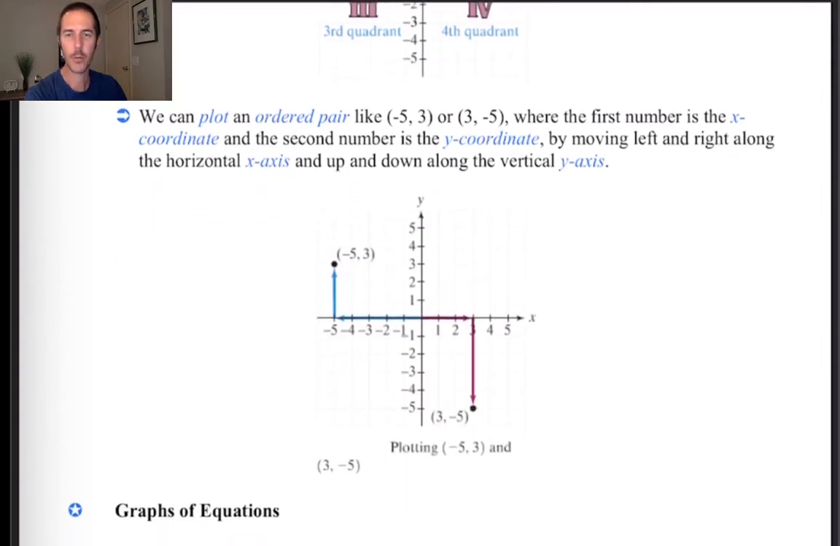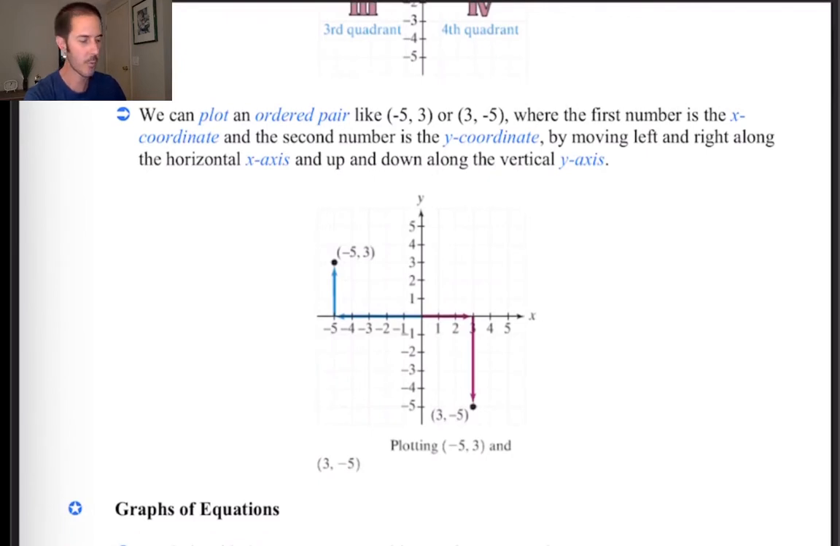We're given ordered pairs like -5, 3. And in the 4th quadrant, you can see that we've started at the origin. We've moved to the right 3 points because the x-coordinate,